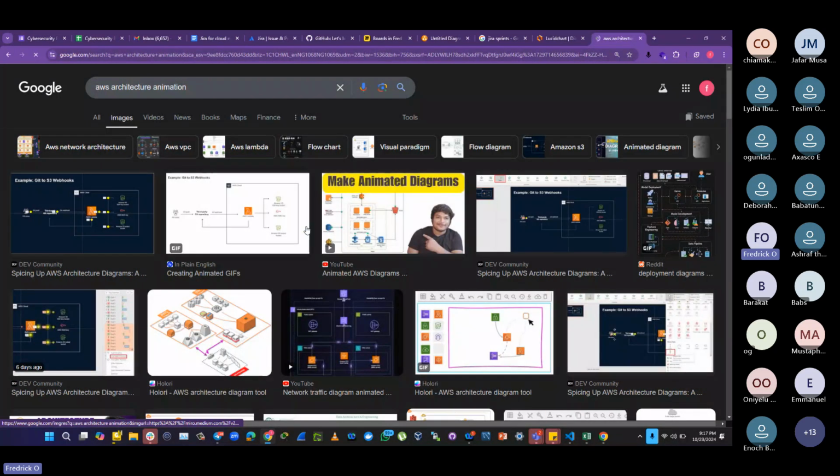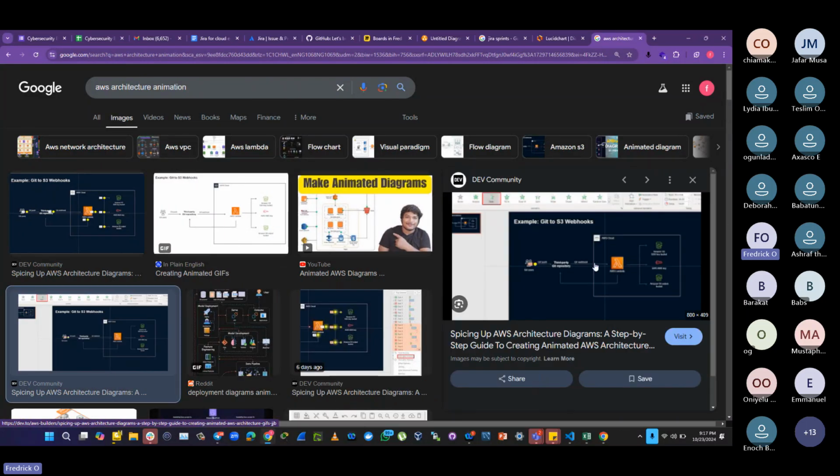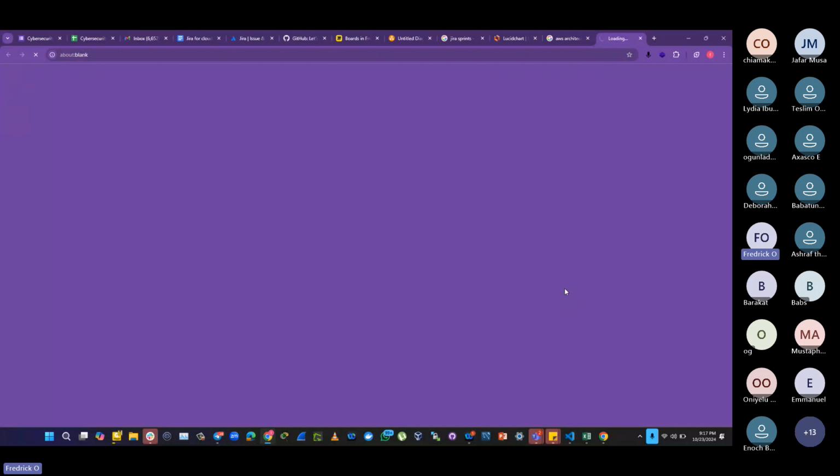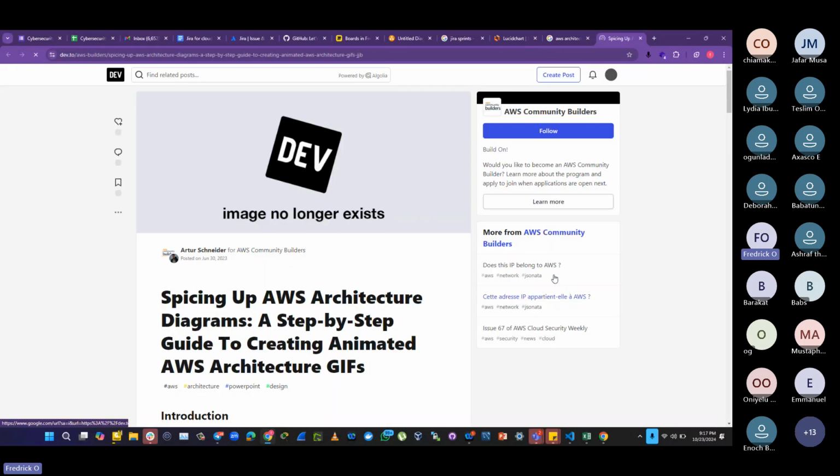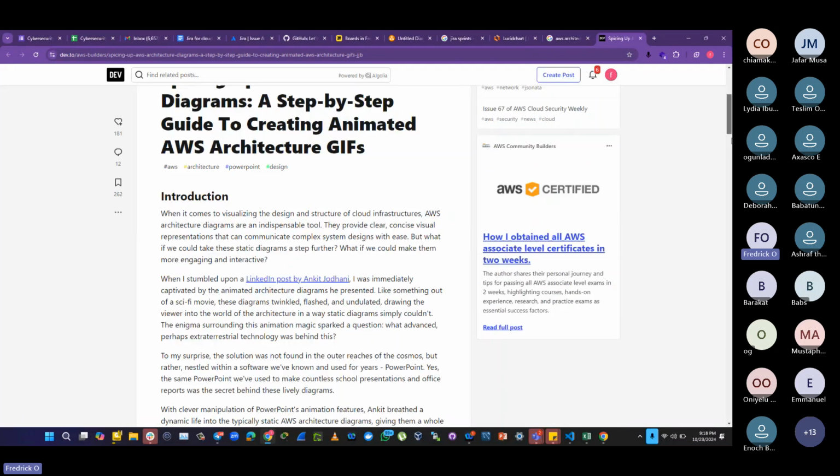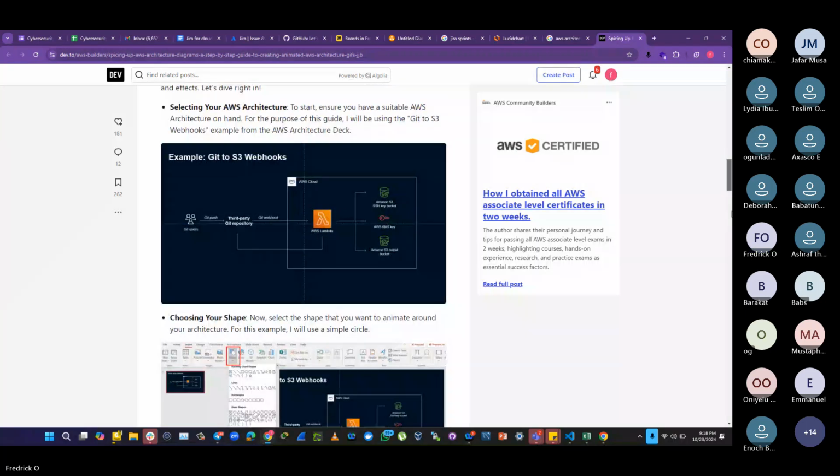Sometimes you see this kind of architecture, and then you see this kind of animation that displays how the movement is being done. Let me see if it's working on this article. Let me show you so you see what I mean.